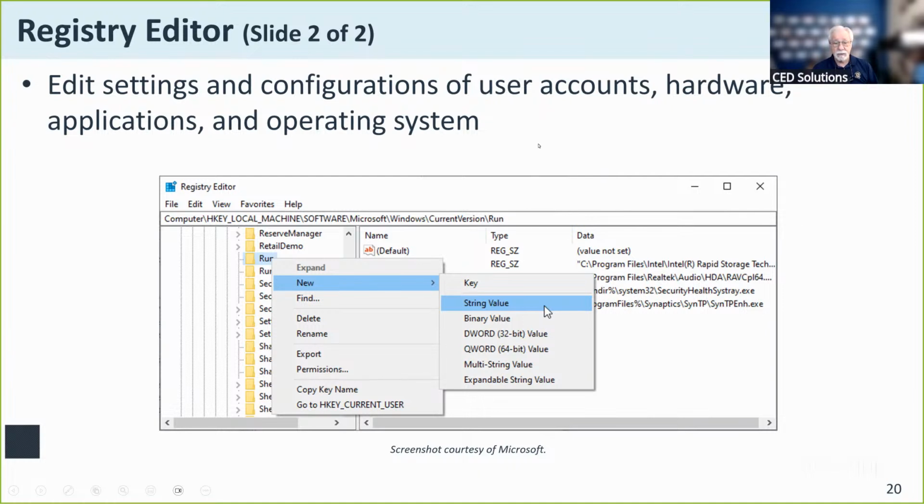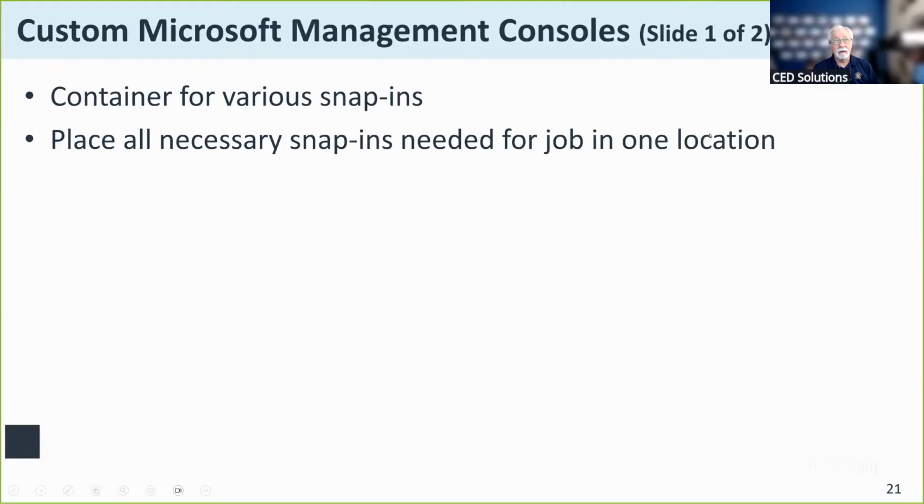But I will caution you, without doing lots of under the covers study and figuring out how the registry is structured, all of the areas that it does address, be very, very cautious in changing anything in the Windows registry, because I have seen people, not knowing what they were doing, get down there just playing around with the entries and make their system unusable. So you've got to be really cautious.